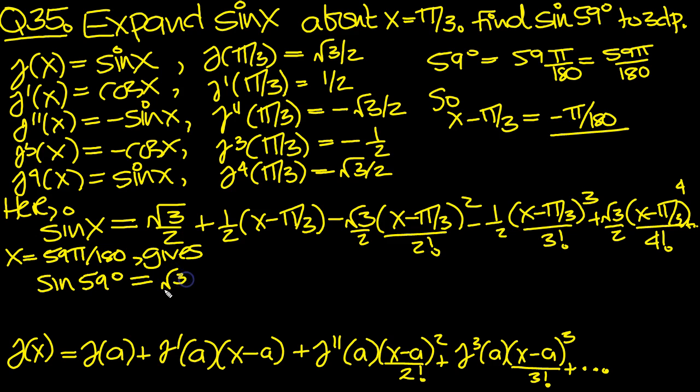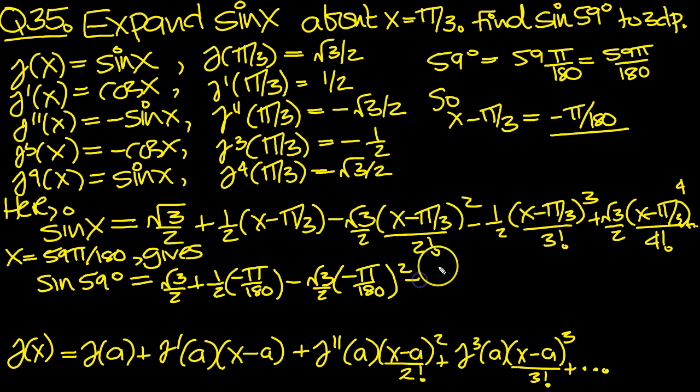So that's root 3 over 2 plus a half of, and this bracket was minus pi over 180, wasn't it? Minus root 3 over 2 minus pi over 180 squared minus a half